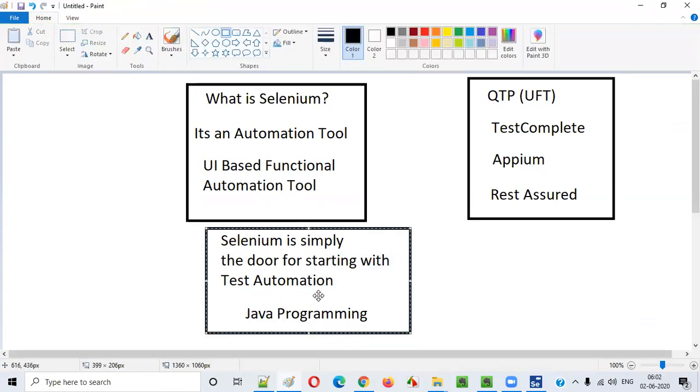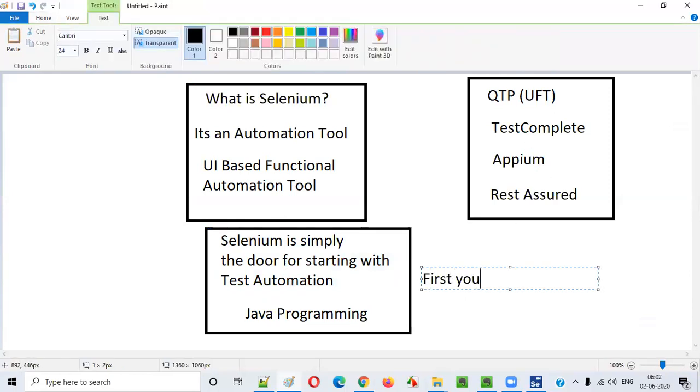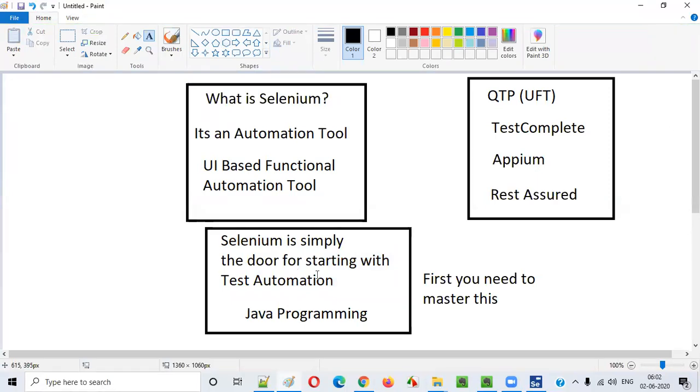Once you master this, without deviating to any other tool, learning other tools after completing this one will be very easy. Then your journey with test automation will be a good start. You just need to choose the most commonly used and popular tool, Selenium. Then you should be in a position to automate anything using Selenium, and then you can go on to all the other tools that are there in the market.